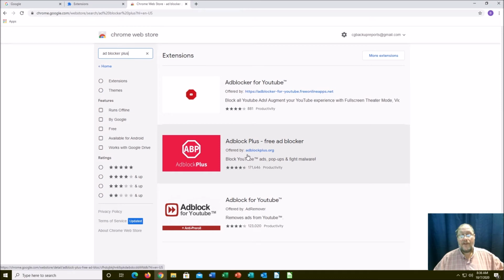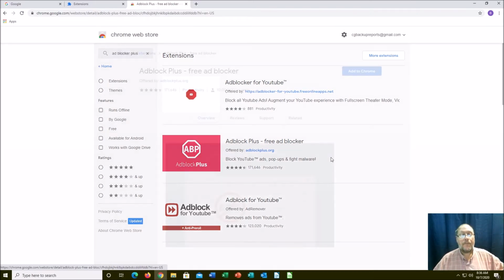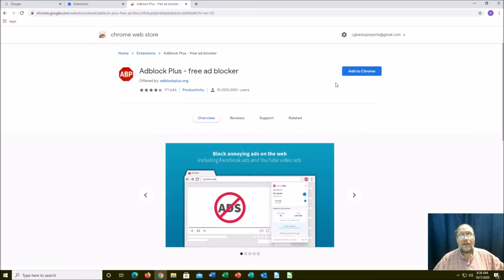And this is them. And see, it's adblockplus.org. Now, org means non-profit organization. So that's something to remember, where these other ones may be in it for the money. These guys aren't. So that's why I use them. 4.5 out of 5 stars. But yeah, you then click on it. It'll ask you, do you wish to add it to Chrome? You add it to Chrome. It'll ask you to confirm,